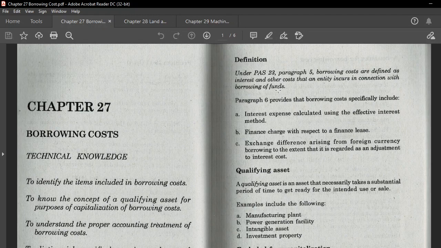But because you want to purchase or you want to construct a PPE, hence, you need to borrow money kasi wala kang enough funds, hence, kailangan mo ding bayaran ang mga interest expenses and all other charges in connection with that costs. So, bottom line, ano ang reason bakit mo kailangang magbayad ng interest? Because bumili ka or nagpa-construct ka ng PPE.